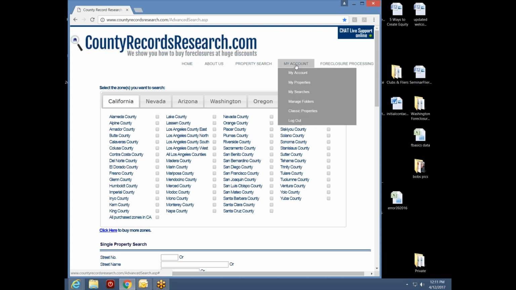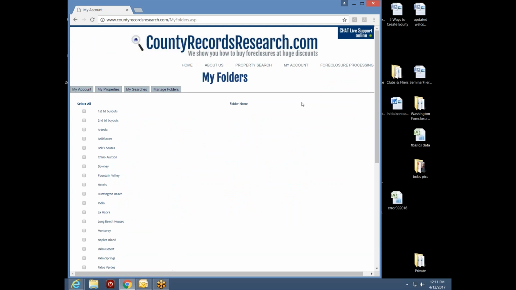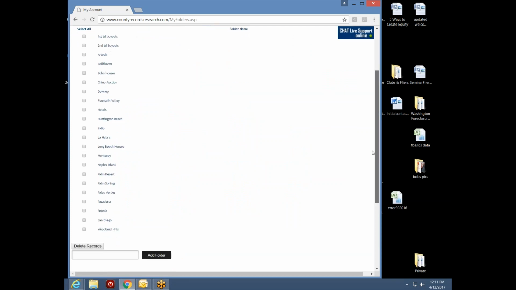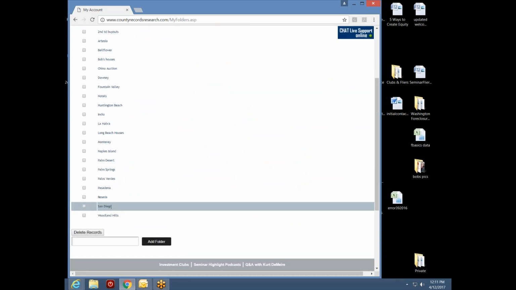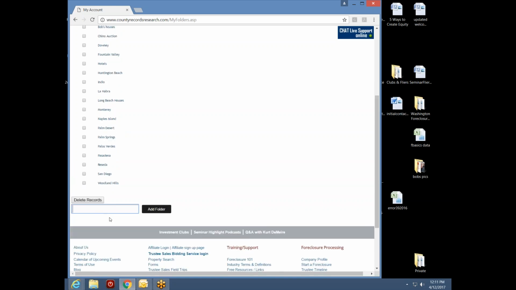But before we do, I'm going to select the option to manage folders because I want to check one thing. I want to see if I have a San Diego folder already. And look, I do have a San Diego folder right here. So let's say that I wanted to add to that. Maybe San Diego is fine, but I want to make also an El Cajon